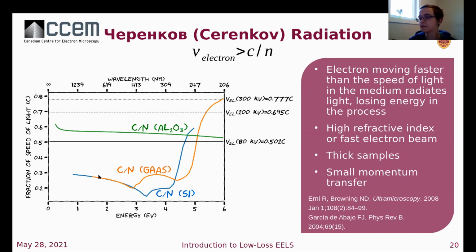However, by changing the thickness of your sample, you can reduce or potentially even eliminate Cherenkov radiation. The thickness of your sample to support Cherenkov needs to be comparable to the wavelength of the radiation that is emitted, which is going to be determined by the energy loss. So if you have a very thin sample, on the order of 100 nanometers, you may not see Cherenkov radiation at all. But as your sample starts to get thicker, then it's more comparable to the wavelength of light in these regions, and you may start to see Cherenkov in your EELS spectrum.